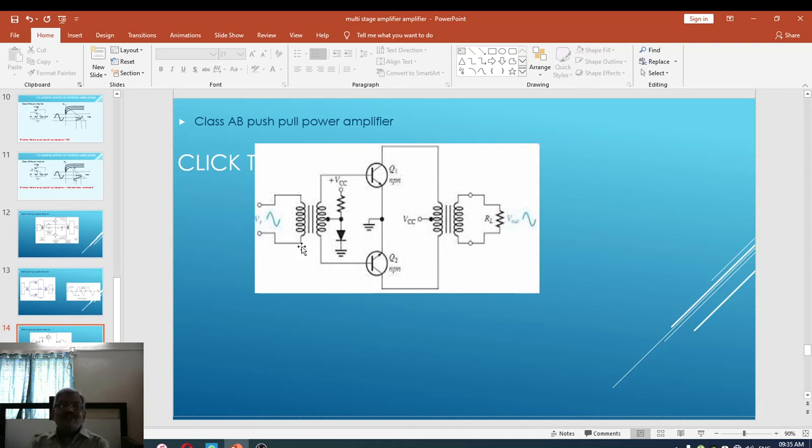Now how does this circuit work? Routinely, when the input signal is applied, it will develop a secondary winding voltage which is connected to the base of transistor Q1 and the base of transistor Q2. Depending upon this particular signal, it is going to decide whether the emitter base junction of Q1 is forward biased. If it is forward biased, it pushes the current at the output. When it pushes the current, the emitter base junction of transistor Q2 is reverse biased. It pulls the current back. Hence, in the upper half, current flows, whereas in the lower half, no current flows. That is, IC1 flows and IC2 doesn't flow.